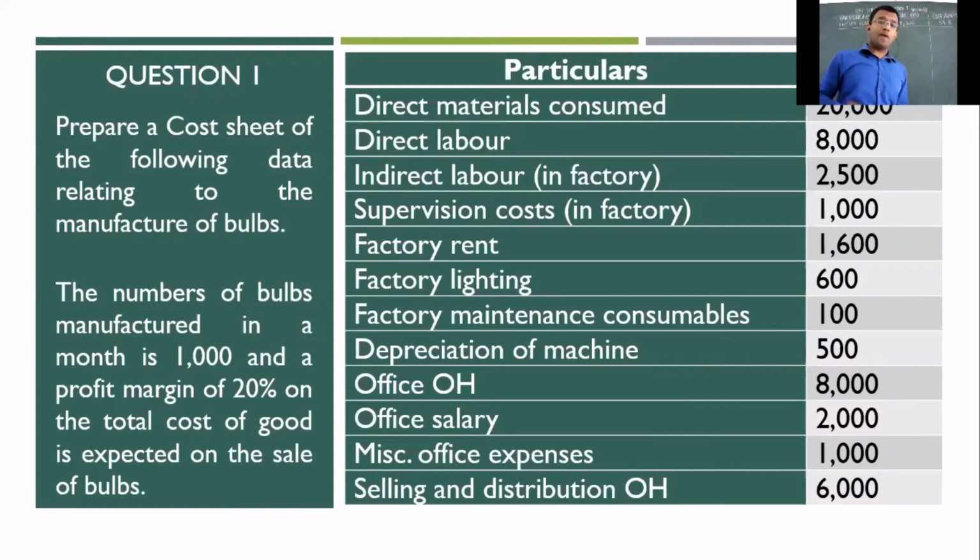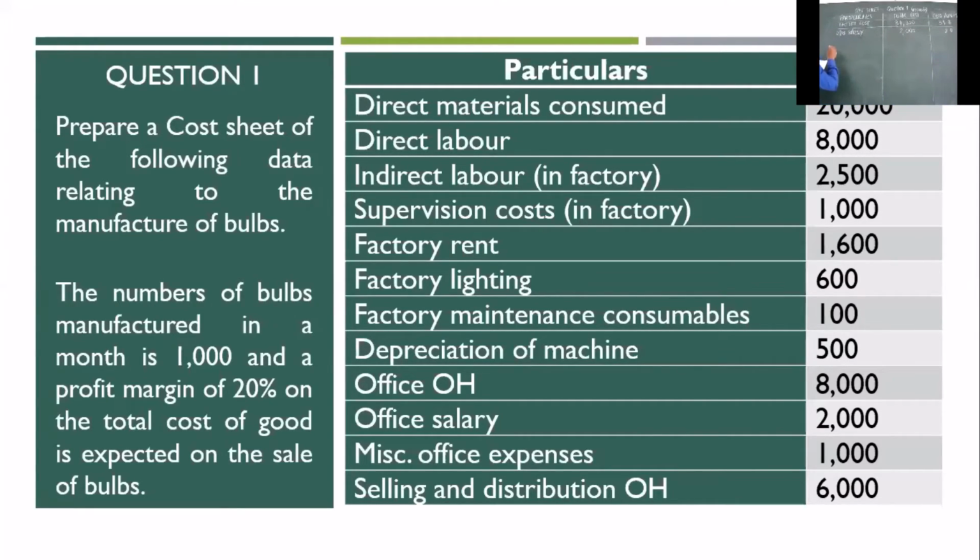Now we have to consider all our office overheads. So indirect material consumed at the office, indirect labor paid at the office, then indirect expenses incurred at the office. Let's see what all are the items that we have. We have office salary. How much is office salary? Office salary works out to be 2,000. Cost per unit, this will be 2 rupees.